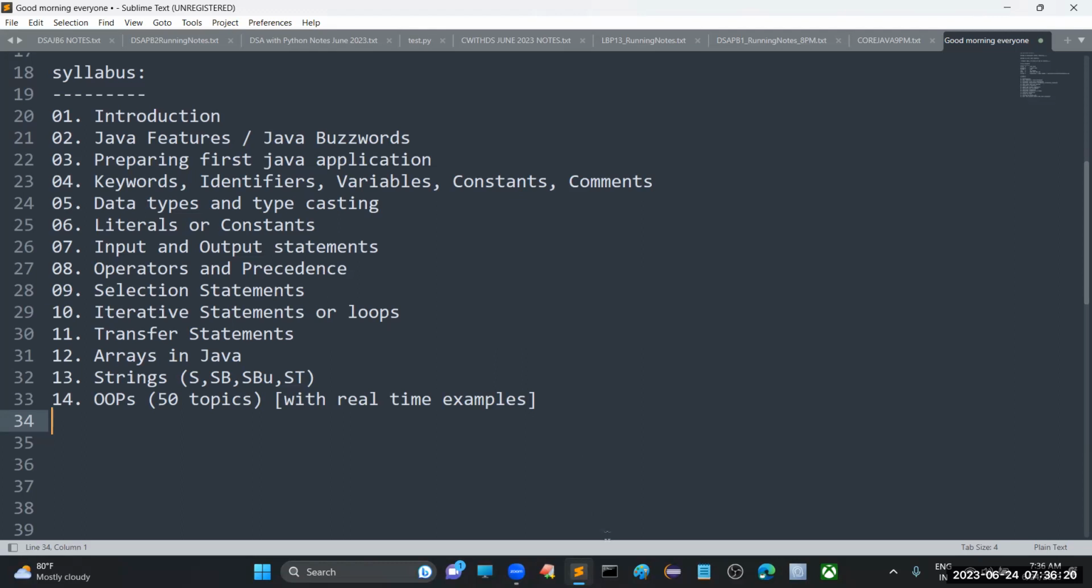data encapsulation. There are so many concepts like that. Every concept we are going to cover with a real-time example. At the same time, we will convert it into the coding part also. So among these, Java, object-oriented programming is the